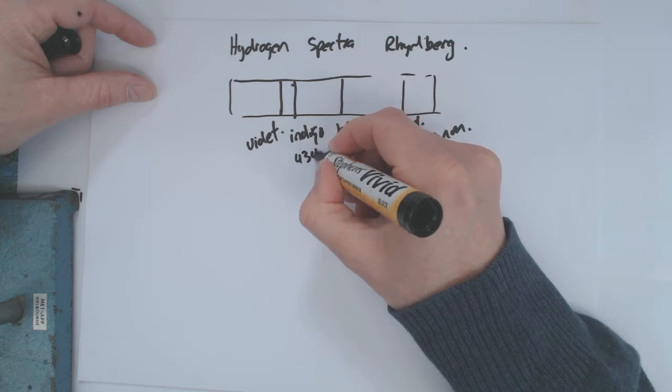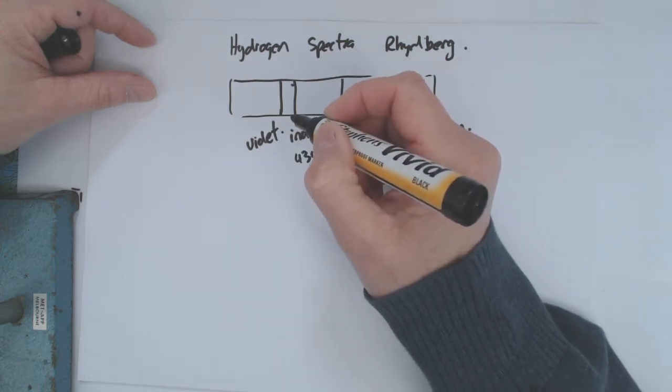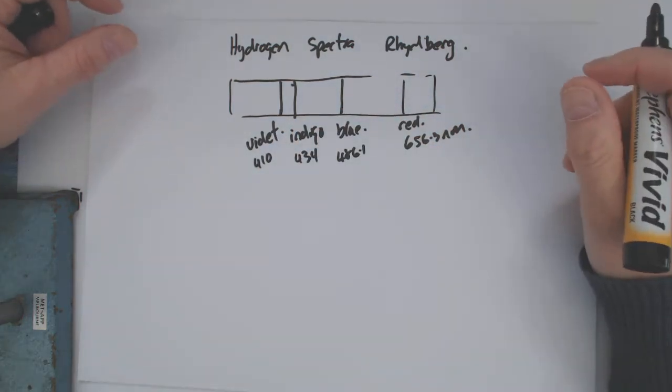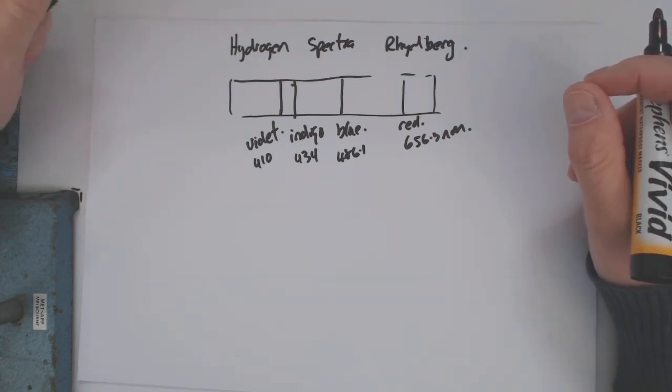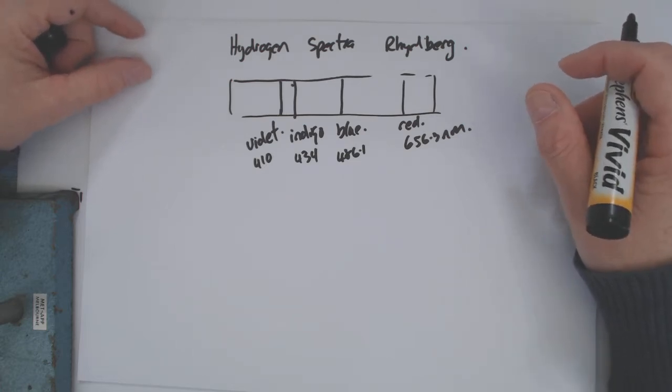434 and 410. Something like that. These are all in nanometers. It makes sense. Around about 400 for the blues, 600 for the reds. It's pretty much what we're used to. The big thing about this hydrogen spectra,